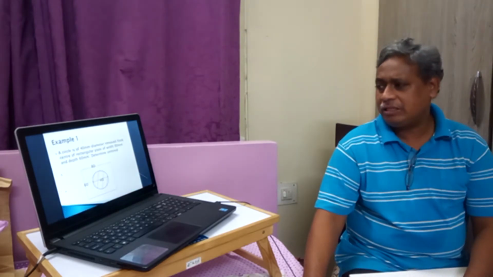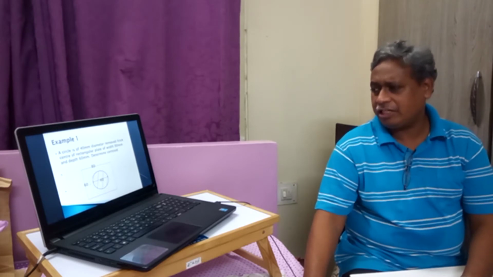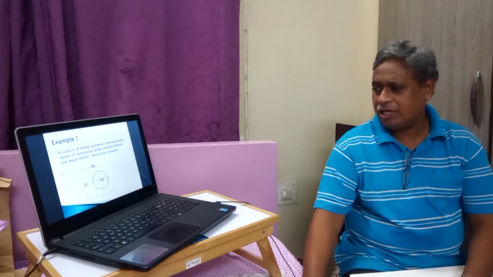Therefore, the summation will be 4800 minus 1256, which will give you 3543.36. This is the total area of the plane figure. Then for x, for a rectangle, x is 80 by 2, that is 40. For this circle, the diameter is 40, so here it is 20 and here another 20. To reach the center, 20 plus 40 by 2, that is x bar. X bar is 20 plus 40 by 2, 40.